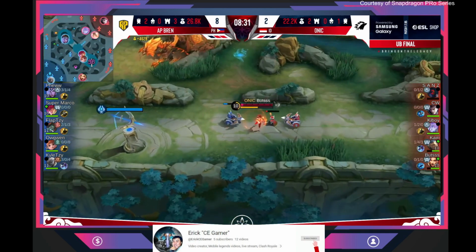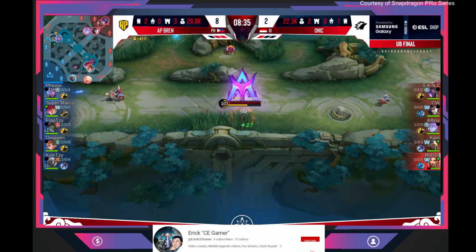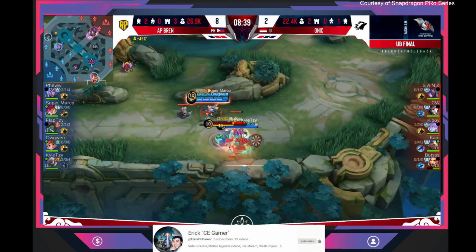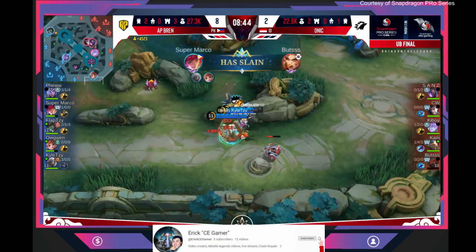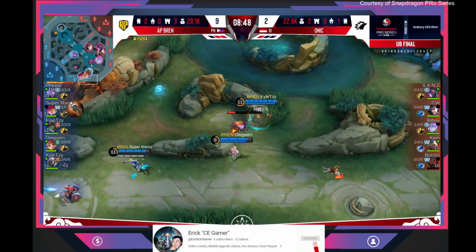I'd like to retract my statement, ladies and gentlemen. It's never really as clean as a 3v1 against Bren right now, especially since they have the Angela. He can just hard guard in, and now Boots is in trouble! He's not even using his friend. He knows his fate here. There's no way he gets down, and he gets just sprayed down by Super Marco, who now has a Malefic